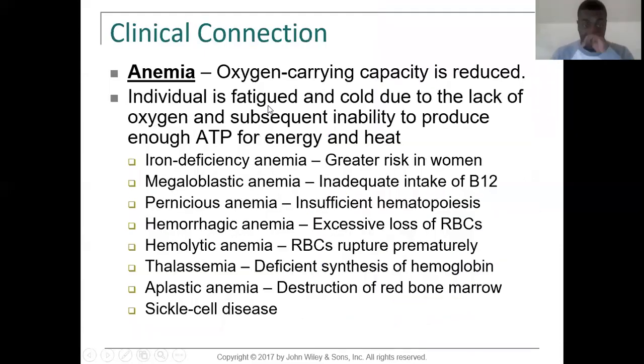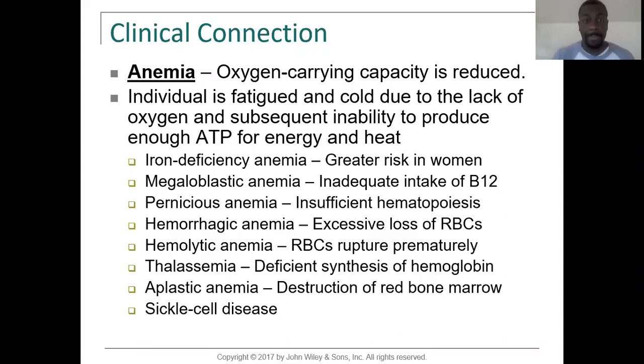Okay. So when we look at anemia, anemia is going to be a lack of oxygen carrying capacity. So you're not going to be able to carry as much oxygen. Usually this is due to a number of different reasons. It can be due to not having enough iron in your red blood cells or within your hemoglobin,